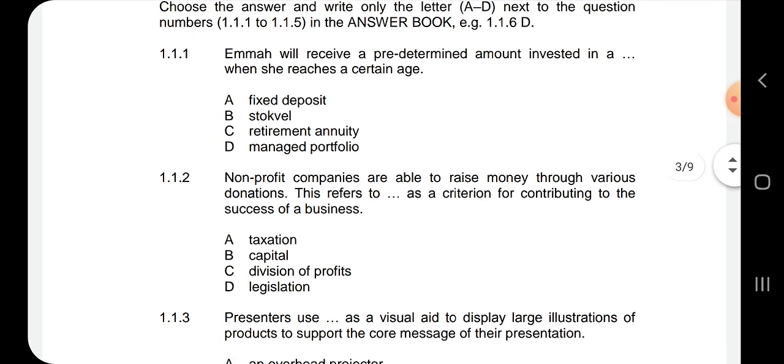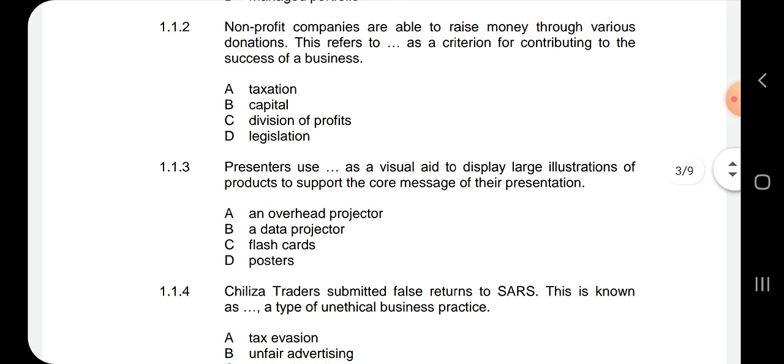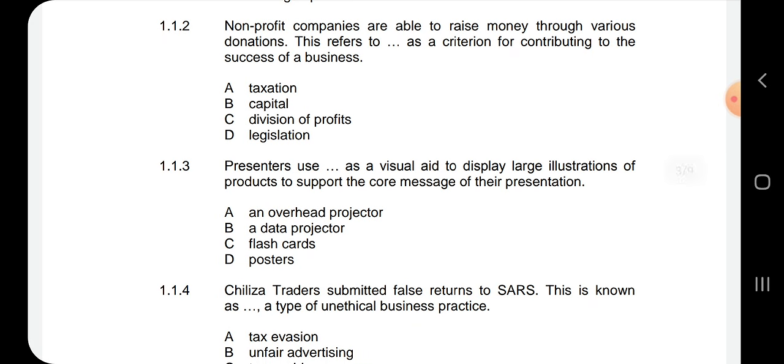And then 1.1.2 says a non-profit company. You can just pause the video, do the questions, and then come back for answers. It's not a problem, or just guess with me. Non-profit companies are able to raise money through various donations. This refers to as a